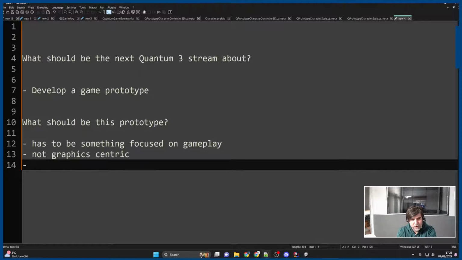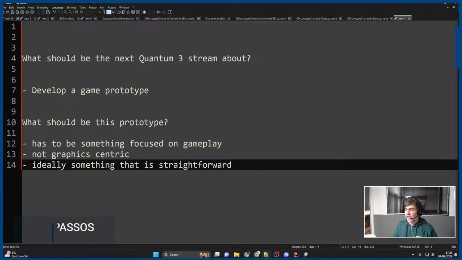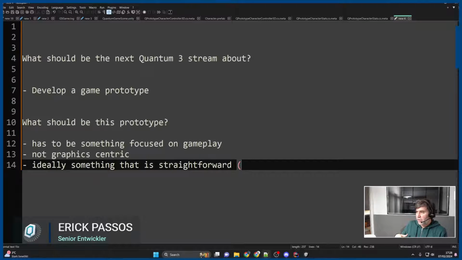And ideally something that is, I would not like to say common, but straightforward. By straightforward, I mean something that is challenging to do in multiplayer, but not necessarily challenging to do in single player. It's one idea, but I'm particularly dodging stuff that requires very bespoke work. So if you're talking about building